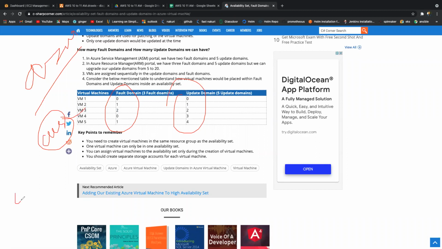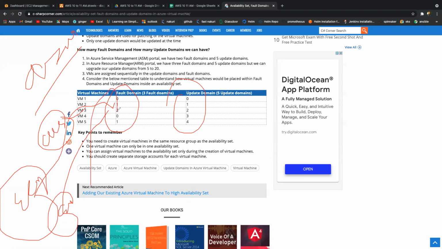When I'm deploying an EC2 instance, it's going to be part of the first FD0. The second virtual machine, when I deploy, it's going to be part of the next one, then the third. Then it will do rollback. The fourth virtual machine will come back to the same rack once again. That is restricted.